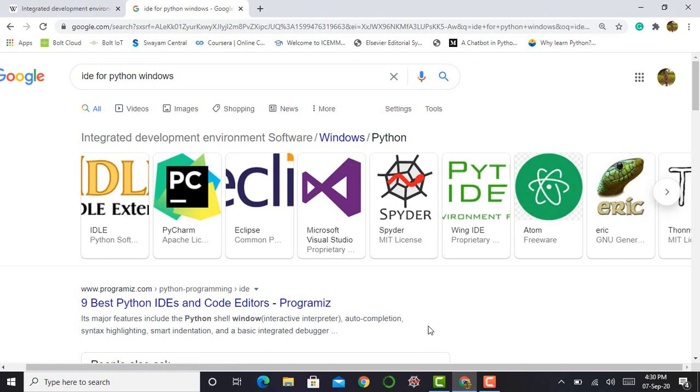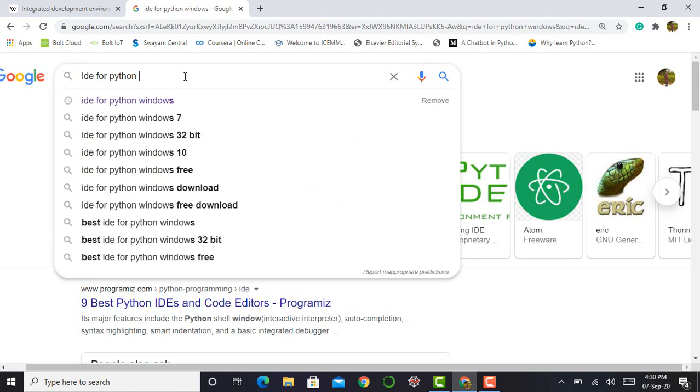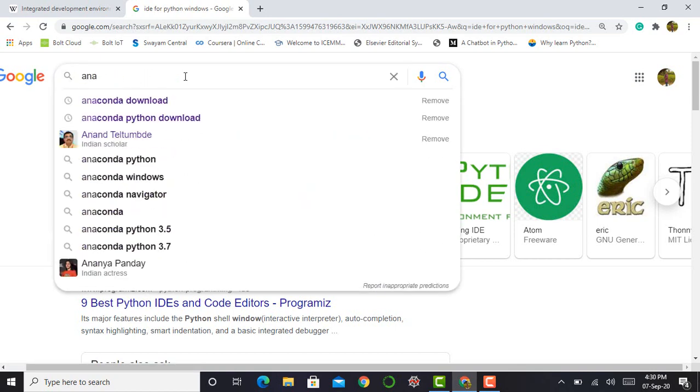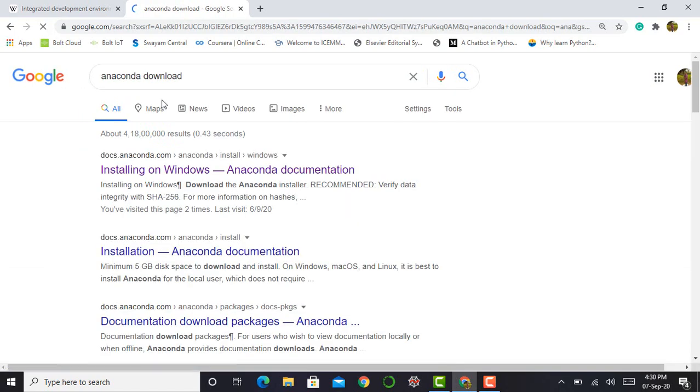So what happens if all IDEs are contained in one package? Such a package is provided as the Anaconda package. If we install this Anaconda package, we get a number of IDEs. We first have to Google it, such as Anaconda download, and click on the first link, installing on Windows.